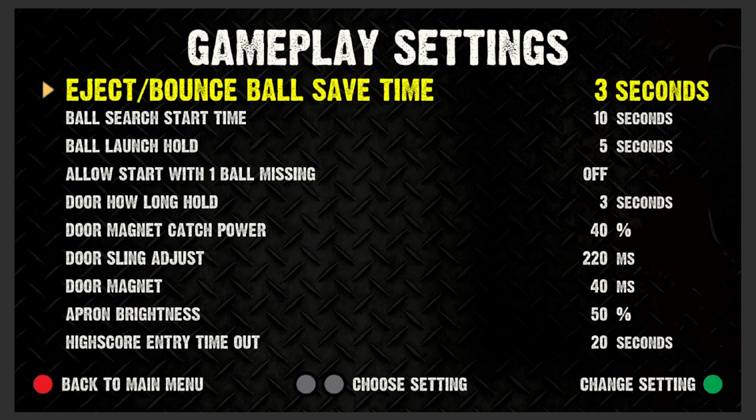Eject bounce ball save time. This is kind of considered a risky ball. If the ball shoots out of a scoop, if the ball hits the door, if it hits the captive ball, and if it comes out of the freezer lock, it will start this duration of a temporary ball save. And if you're in standard ball save, let's say you have 10 seconds left on